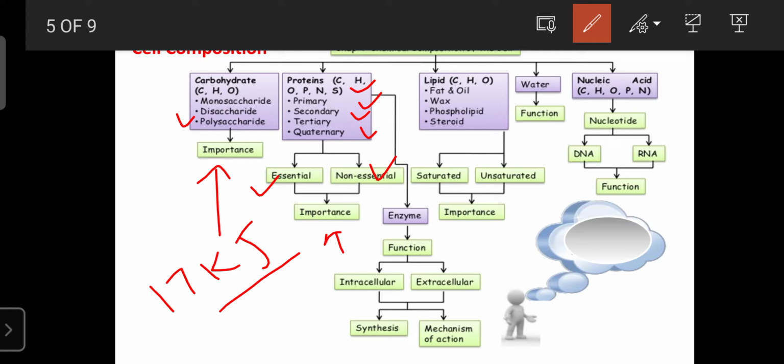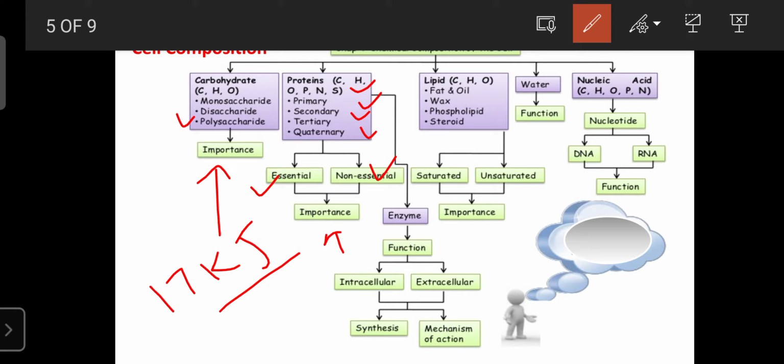So regarding the importance, the proteins are helpful to build up the body or to build up the new cells. New cells are formed only by the proteins. The protein is helpful for the formation of daughter cells or new cells. And proteins are also helpful to renew the damaged tissue, that is the repairing process of the tissues or plasma membrane. That is done with the help of the proteins or plasma proteins.